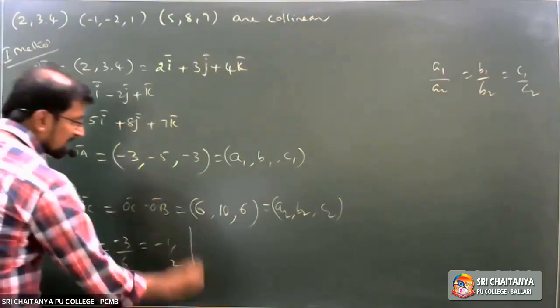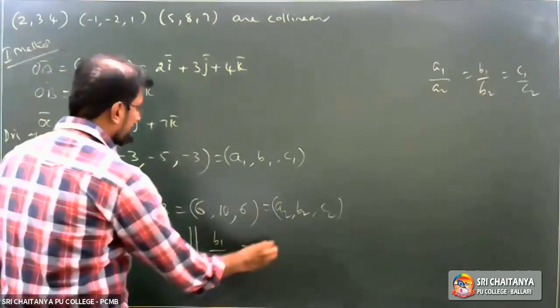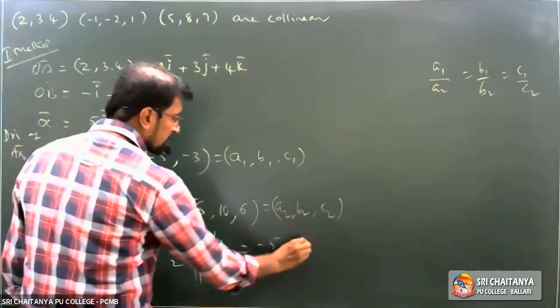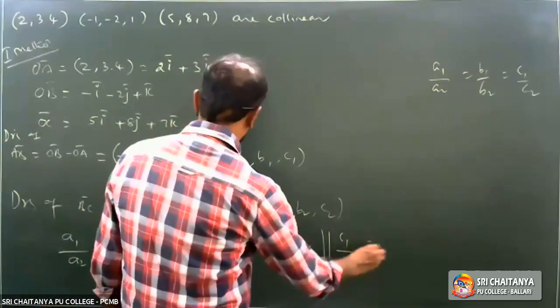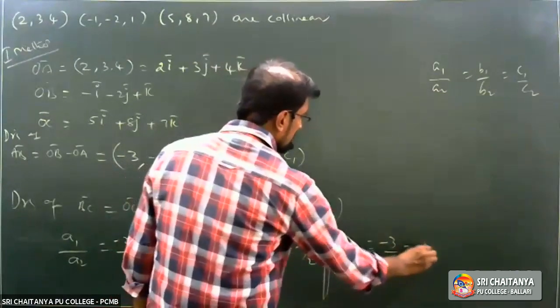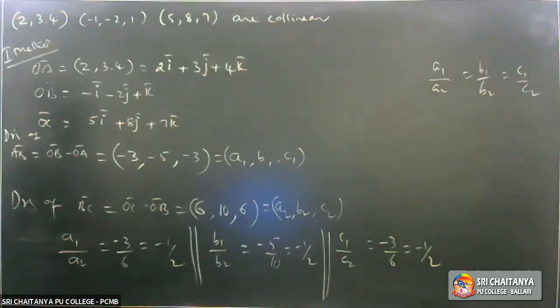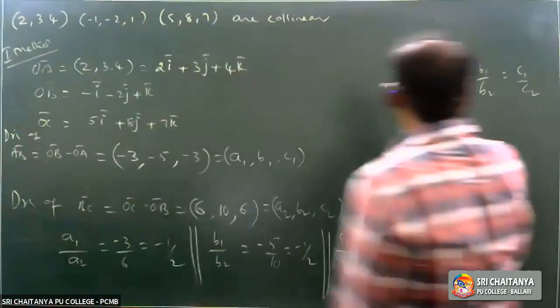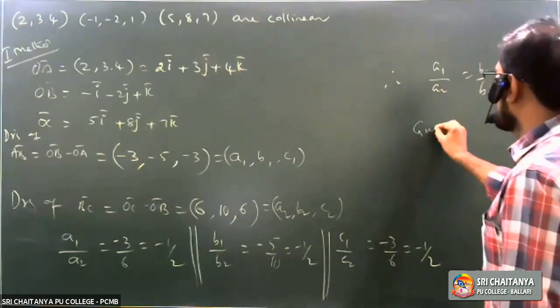B1 by B2 is -5 by 10, which is -1 by 2. C1 by C2 is -3 by 6, which is -1 by 2. All 3 are equal. Therefore, A1 by A2 is equal to B1 by B2 is equal to C1 by C2. Given points are